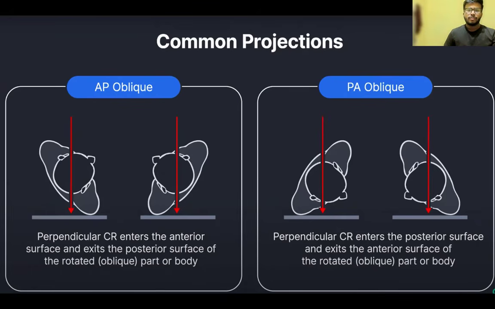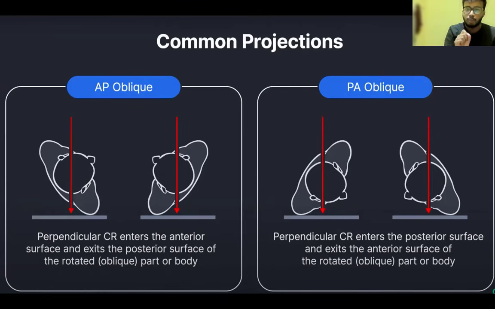Then what about LAO? If the patient's left anterior part is in contact with the patient and the patient is rotated, it is called left anterior oblique. Then what about right posterior oblique? If the rotated patient's right posterior back side is in contact with the cassette image receptor, it is called right posterior oblique. If the rotated patient's left posterior part is in contact with the cassette image receptor, it is